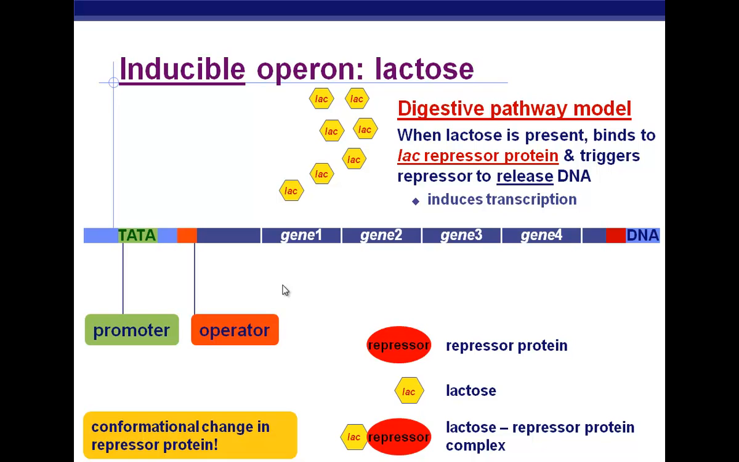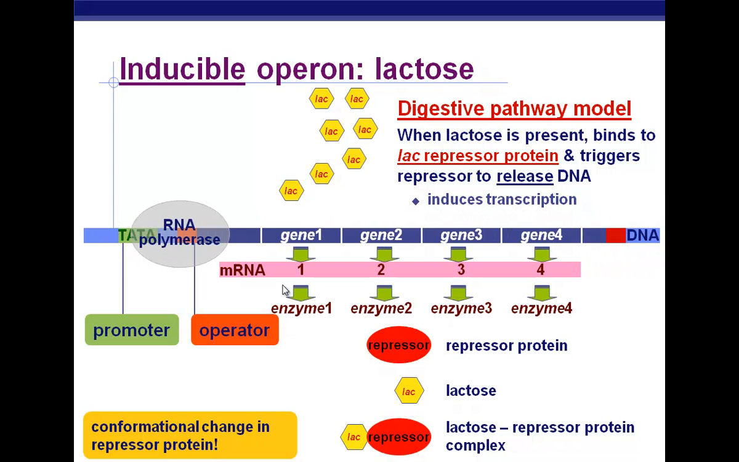Because of this conformational change, it can't hold on to the operator, and it leaves. So now the promoter is wide open, and RNA polymerase can bind to the promoter and will transcribe gene 1, gene 2, gene 3, and gene 4. And we all know from chapter 10 that RNA polymerase transcribing is going to produce a messenger RNA. As we talked about, it's going to be one continuous messenger RNA that can then be translated into a protein,